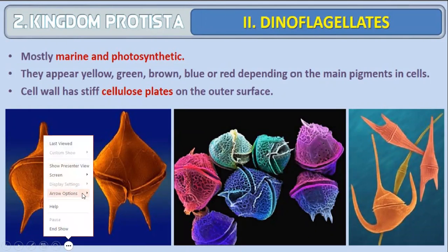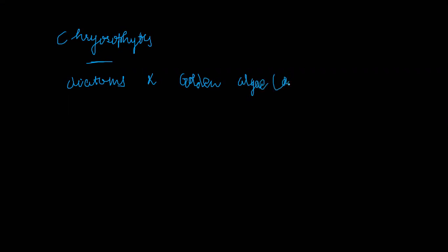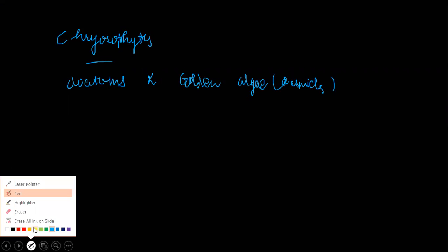Before we go with the dinoflagellates, let's go with the code to study the examples for chrysophytes. We are discussing chrysophytes. What is a code or mnemonic to study chrysophytes? You have the chrysophytes containing diatoms and golden algae. Golden algae are otherwise known as desmids. I have a code to study these two examples. What is the code? The code is